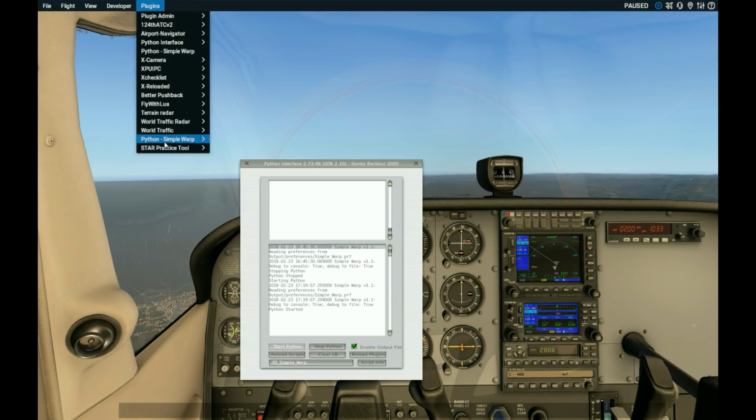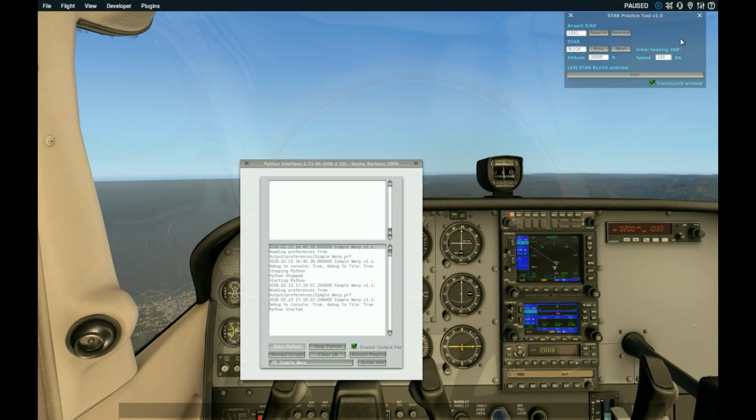I can open the plugin again, and you can see that it's actually reset because now the nearest airport is Santander and the altitude is the default again. The speed is actually stored for you, so if you use the same aircraft every time, you set the speed, you don't have to worry about it every single time.